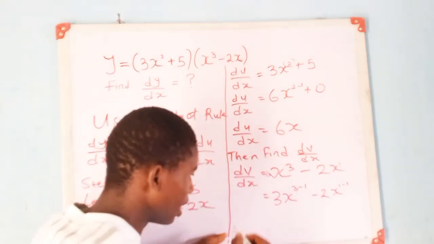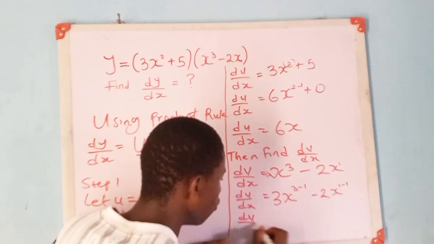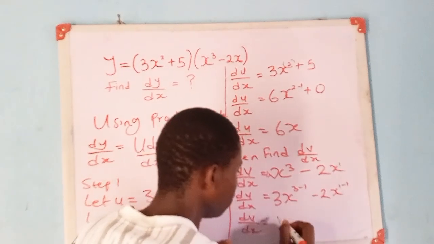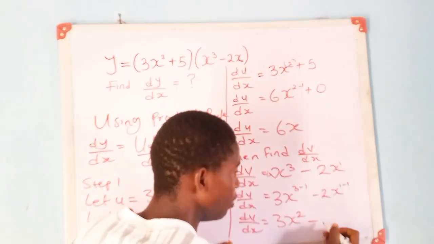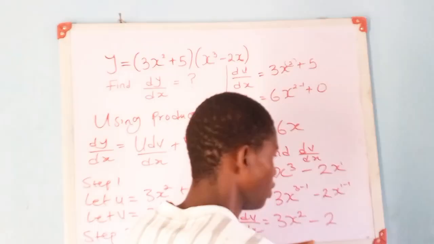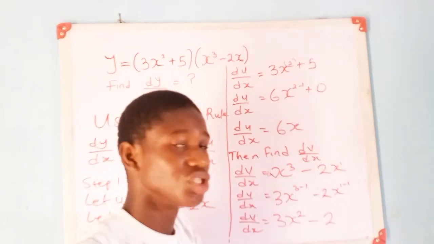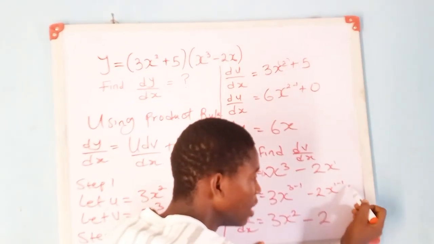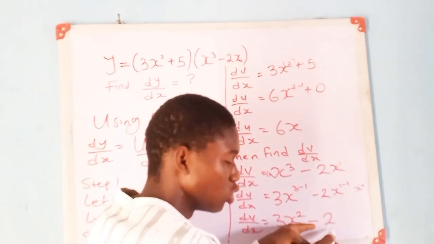Now from this point, I'm going to be having dv over dx, right? Then my dv over dx is going to be equal to 3x raised to the power of 3 minus 1, which is 2, minus 2. Now let's simplify this. X raised to the power of 1 minus 1. 1 minus 1 is 0. And anything raised to the power of 0, that's x raised to the power of 0, is going to be 1. 1 multiplied by this is still going to give me